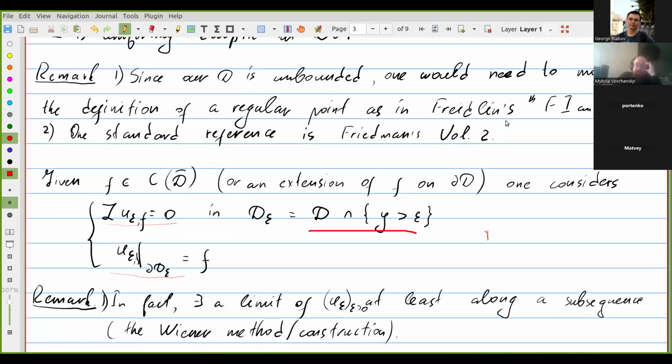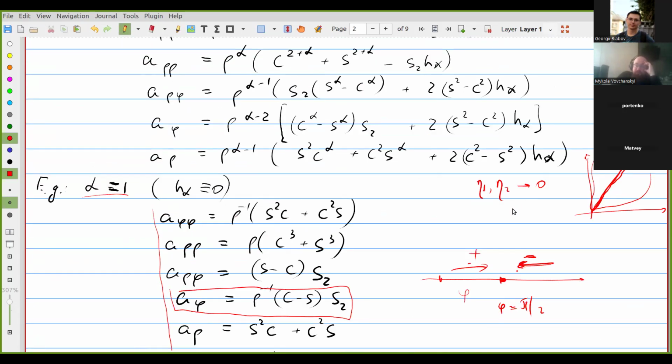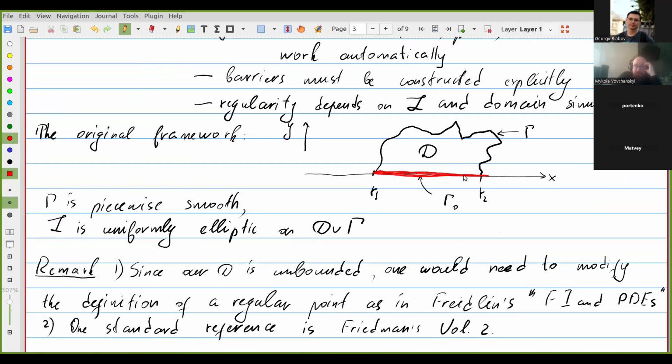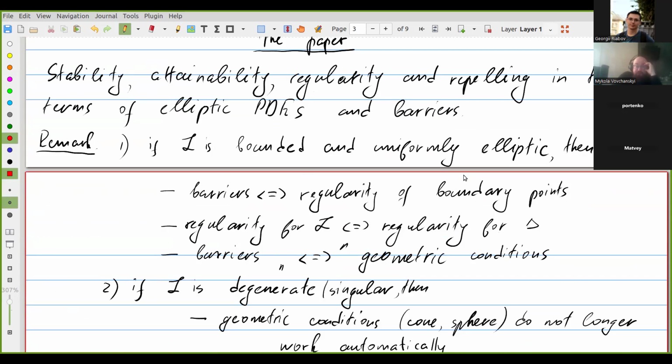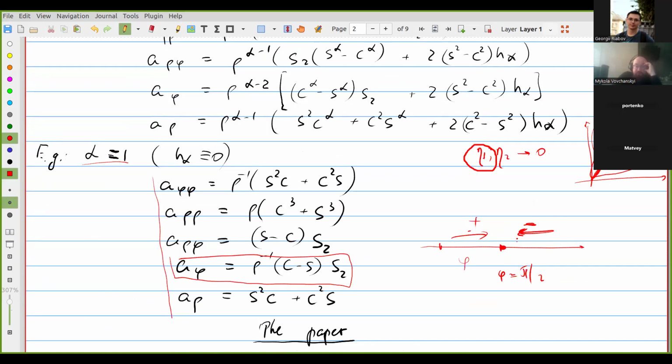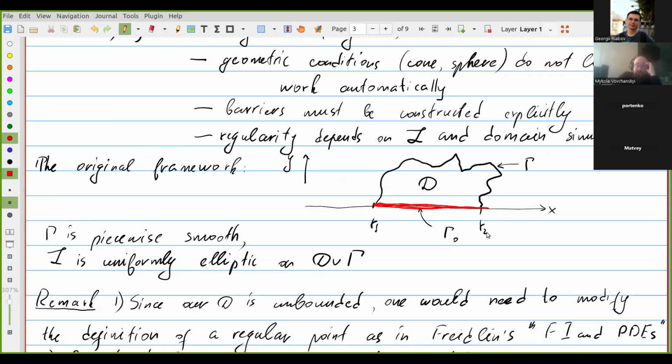Because for the fundamental diffusion, if you just consider the eta 1, alpha equal to 1 is exactly the place where 0 becomes a regular point instead of an exit point, in the terminology of Feller. So what I intend to do is to try to clarify something about these points and these endpoints. And unfortunately, this is effectively all I have for today.